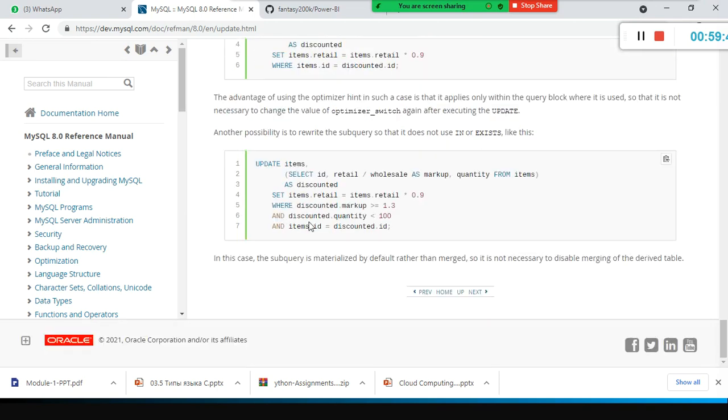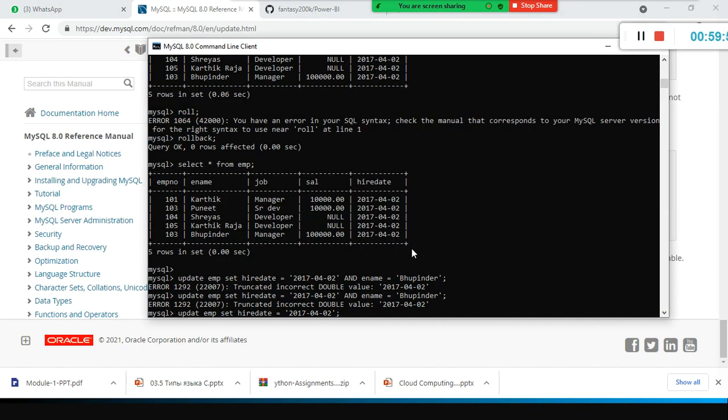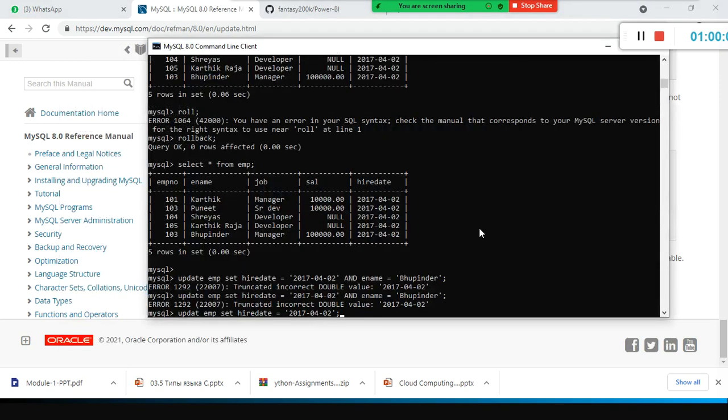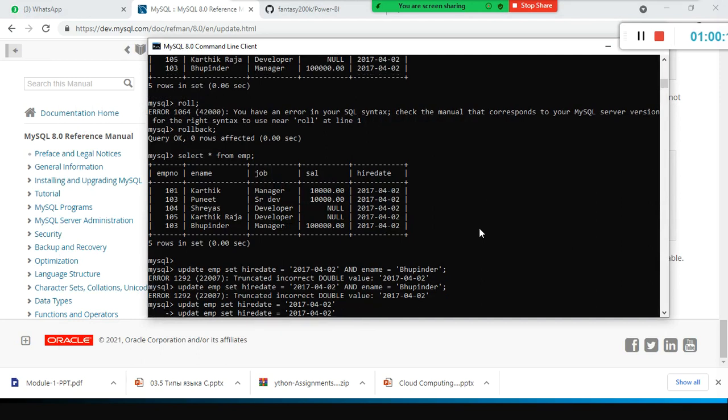discount, and look here. So I mentioned correctly only, right? And this one, items id equal to. Okay, so in that case, we are using more than one table. Here we are updating this table with the help of another table, right? So data as discounted, okay, this is the inline query. Here I'm using only this one, hire date. Sorry, let me do a syntax mistake.